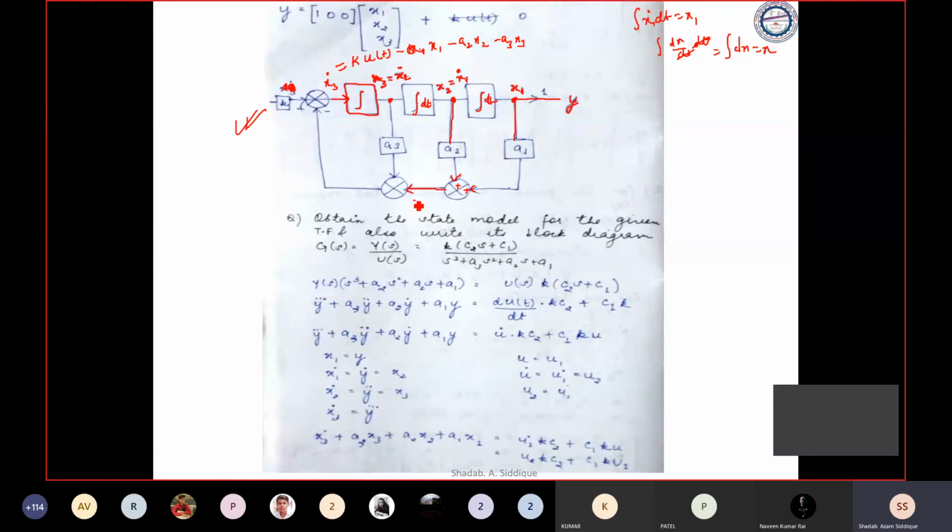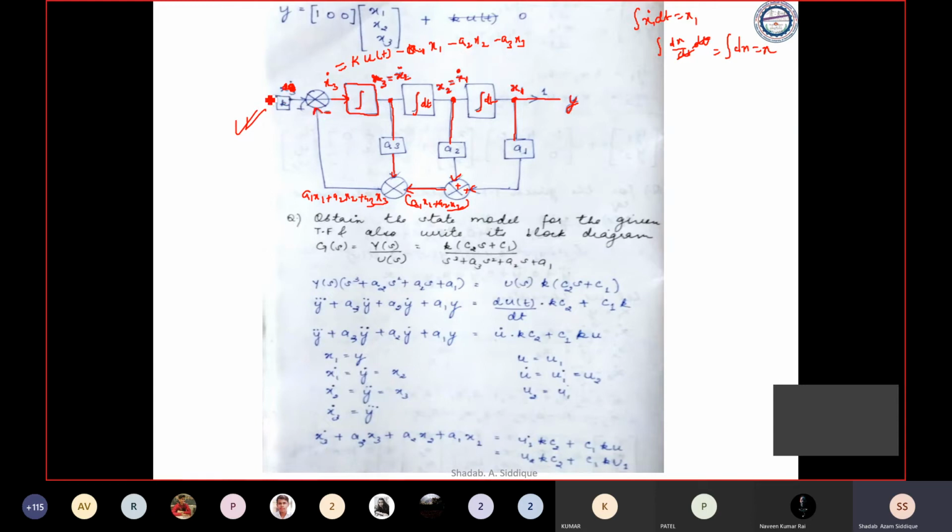So this is a1 x1 plus a2 x2. Okay, I hope this is clear. Now we have a3 x3. So I'll take x3 from here and I'll just add it into this equation. So we'll get a1 x1 plus a2 x2 plus a3 x3. Okay, and I'll multiply all these with the negative sign here.